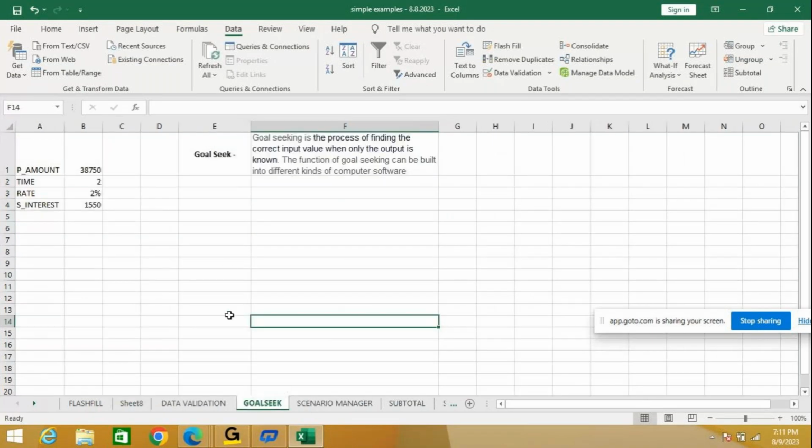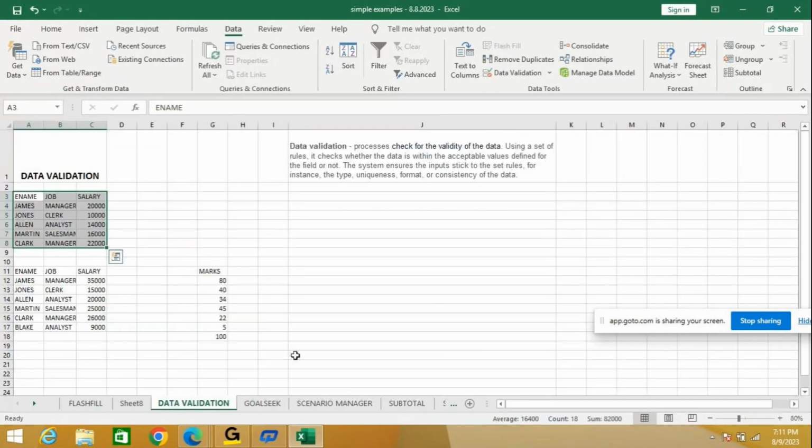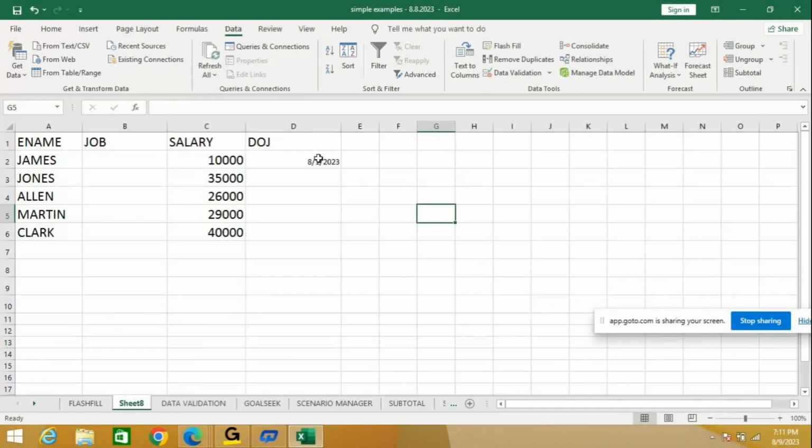Could you tell us again how, for example, the data validation is still C6. How do we increase it to like C10 or the next cells? So here, see,